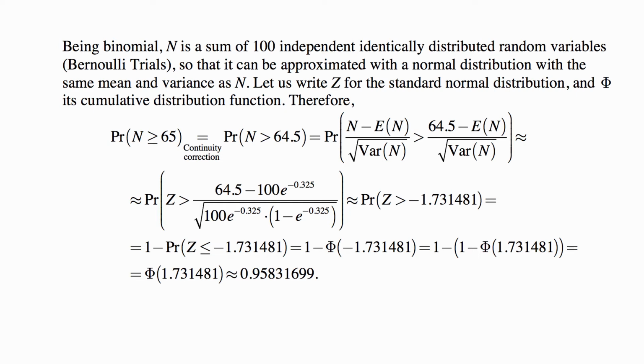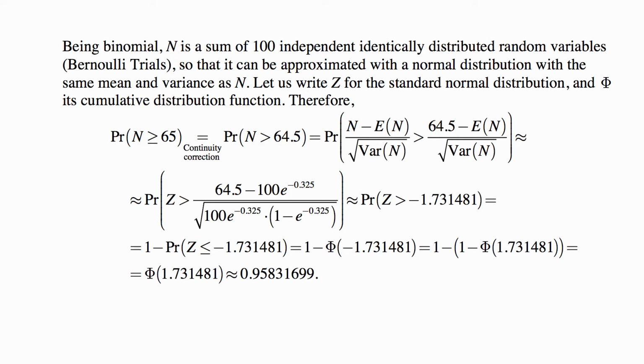And on the right-hand side, we plug in the numbers. And when you plug in the numbers, you get that this is the same as the probability that Z is more than negative 1.731481. So if you have a good visualization of what this means in terms of probabilities under the standard normal PDF curve, then you know immediately that this is the same as the probability that Z is less than or equal to the positive version of this number, so Z less than or equal to